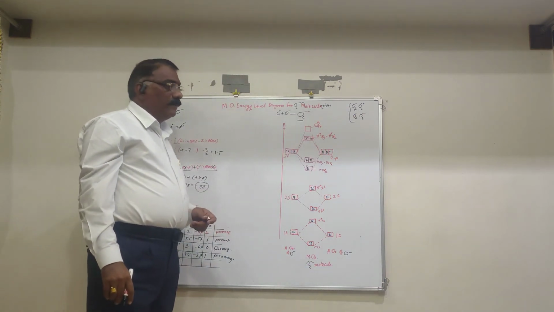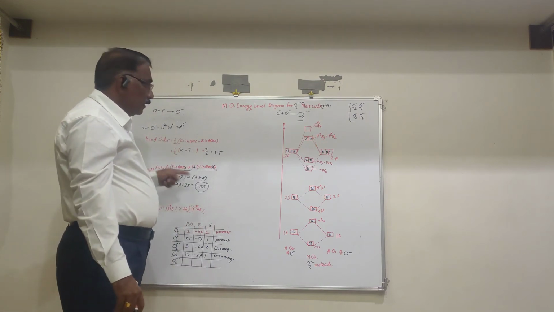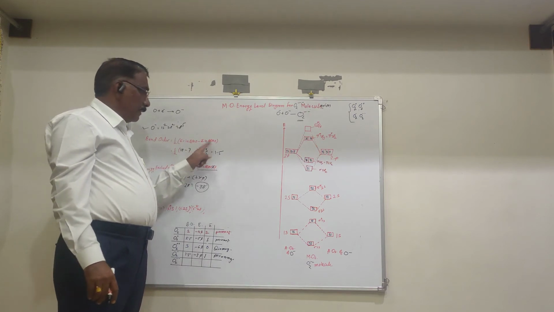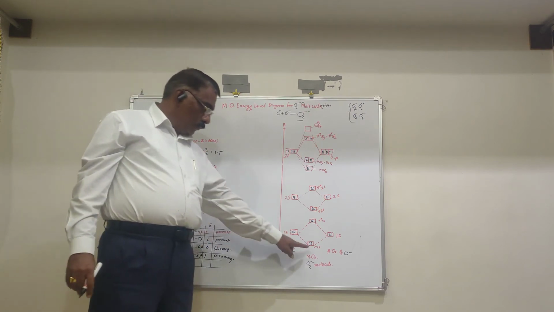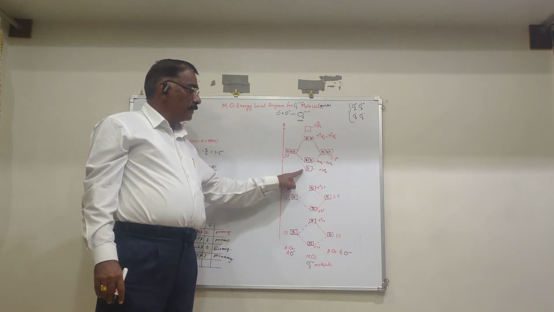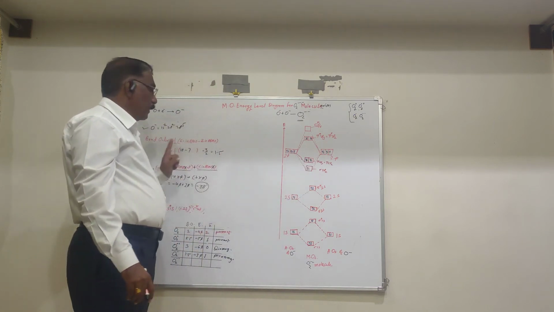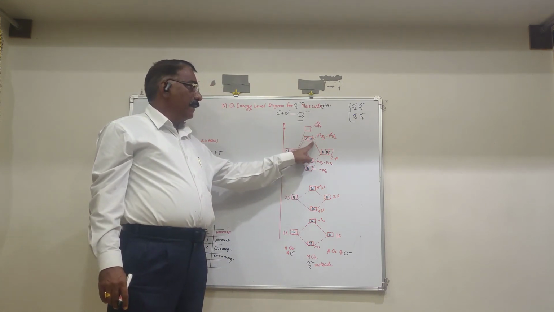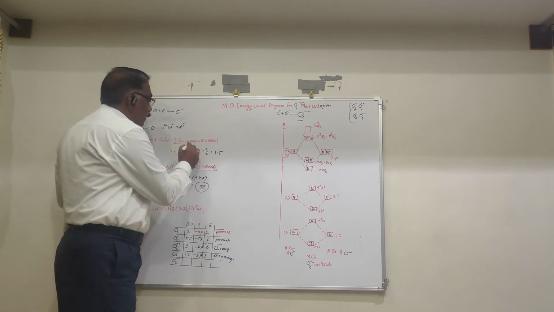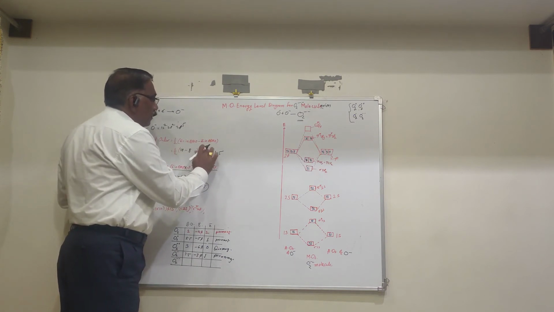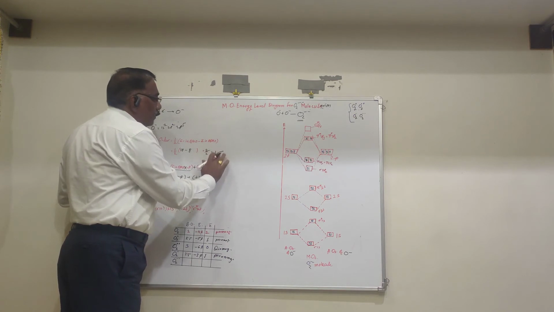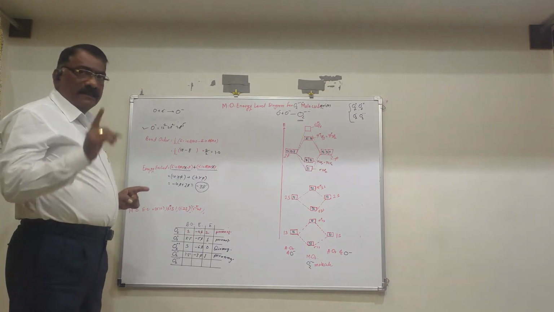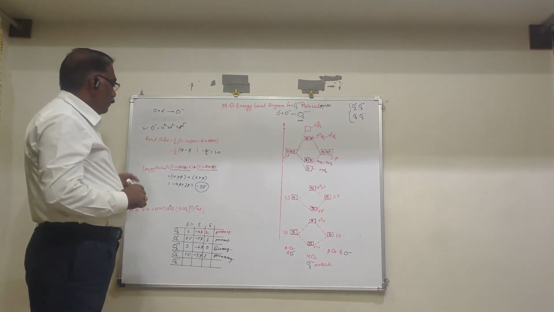Now we are going to calculate the bond order. See, bond order is 1/2 in bracket electrons in BMO minus electrons in ABMO. BMO 2, 4, 6, 8, 10. Okay. ABMO 2, 4, 6 and 8. So that here there are the 8. That means here 2 by 2 is equal to 1.0. Bond order is 1. There is a single bond between the O minus ions.